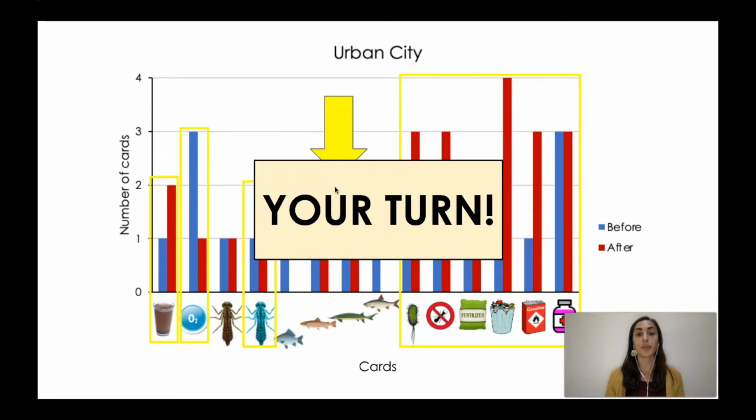Okay, so what I want you to do is take a minute to graph your own data using the same type of graph, or if you want to get creative and use another type of graph, you can go for it. But I want to make sure that you graph your data before we do the comparisons, because I'm going to be showing you the graphs shrunk a little so you can see all of them at once. So take a minute to graph the different data for the 5 communities that we have.